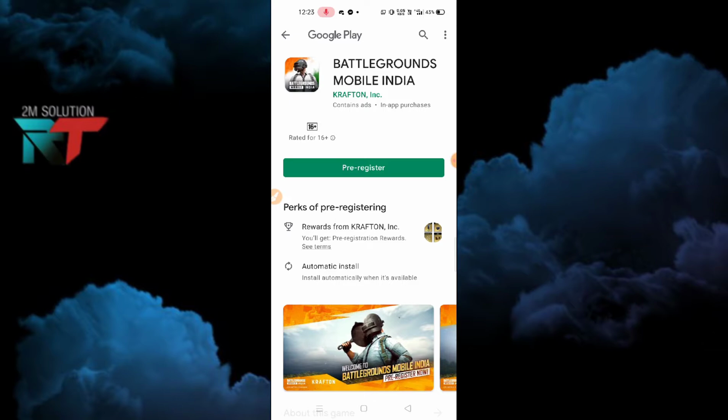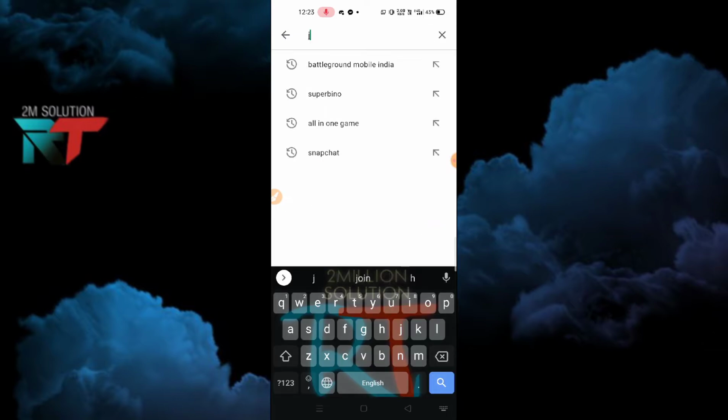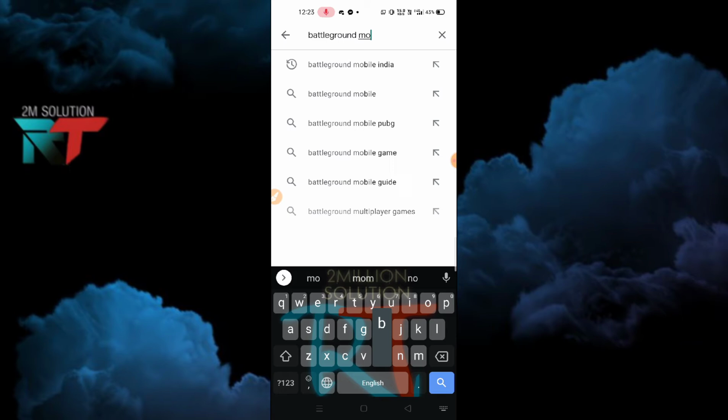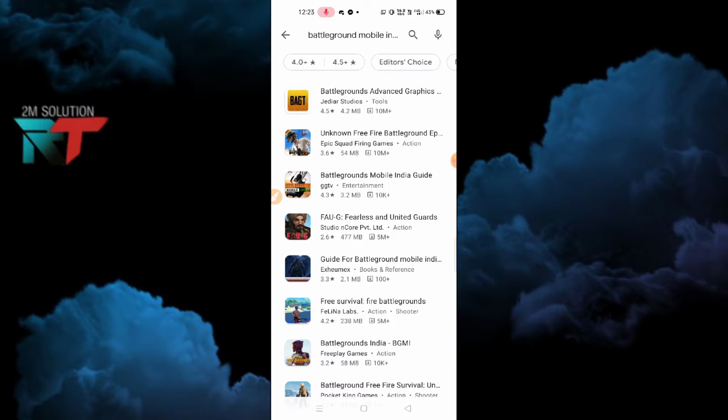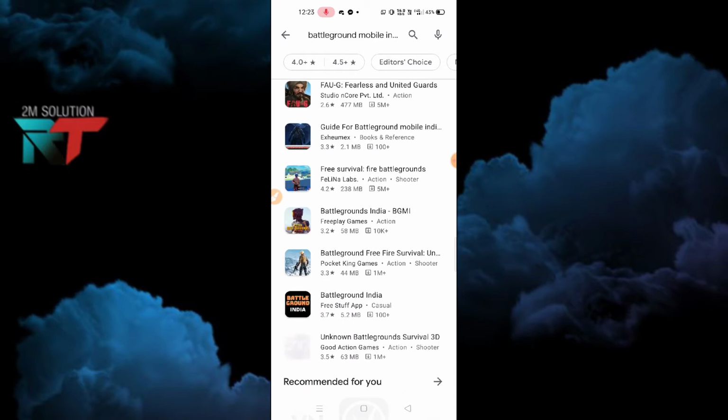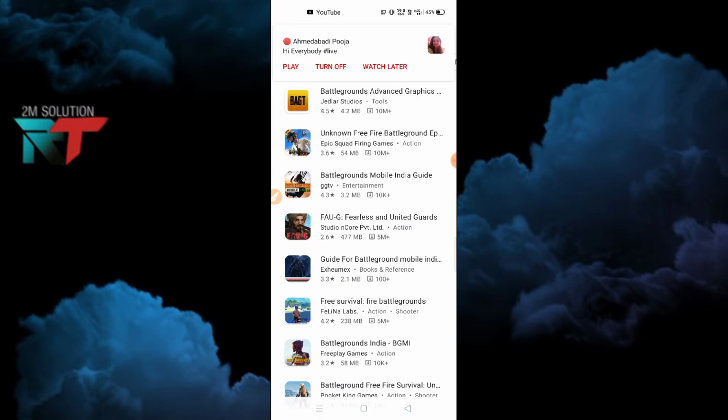So if you try to search from here, let me just search for Battleground Mobile India. If we search like this, you are not going to get this application, this game. So to get the pre-register features on your Google Play Store or App Store, what you have to do, you